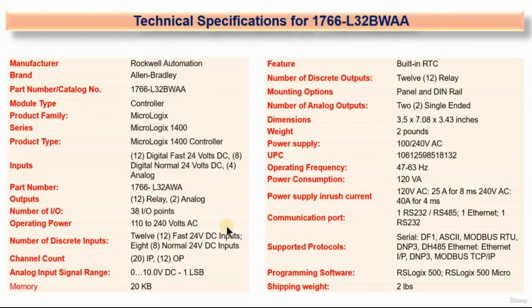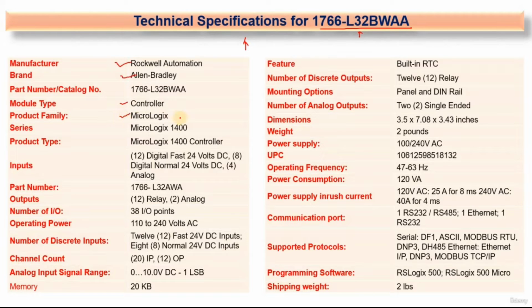Now this is the technical specification. If you have a controller and you don't know the technical specification of your own controller, then how to know it? For that purpose, it's very simple. Simply here you can check. This is the number which you will get on your PLC hardware, right? Simply type this number in Google and search it, then you will get the detailed specification about your controller. Okay, the name of the manufacturer, Rockwell Automation, the brand is Allen Bradley PLC, module type controller,